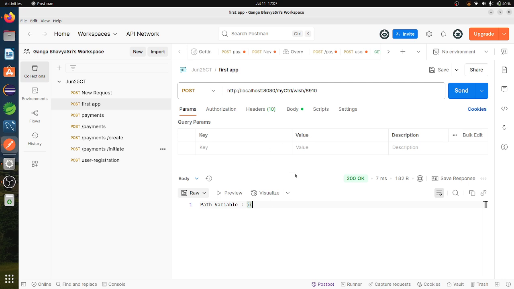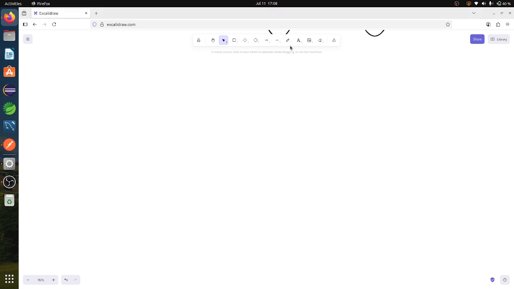If I want to return that path variable, I have to use it somewhere else. That's I forgot. So we can pass the path variables here. This will be used whenever a user wants to make a registration or do any orders. So based on the user ID or the order ID, that API will direct to that place. That means, for example, whenever a user wants to make any orders,